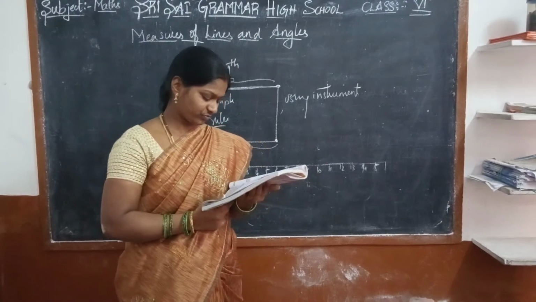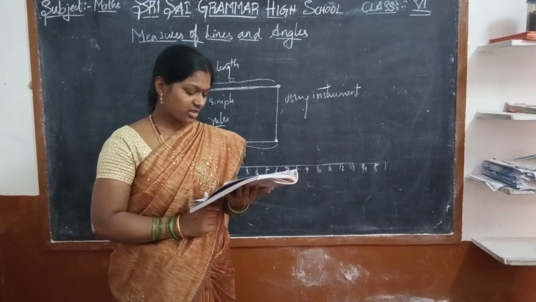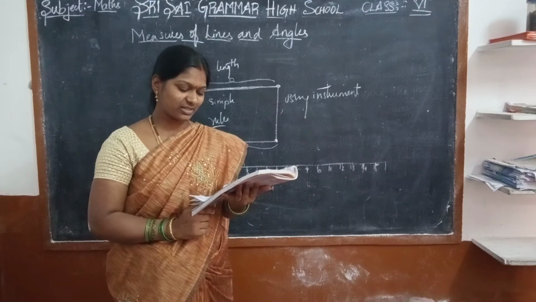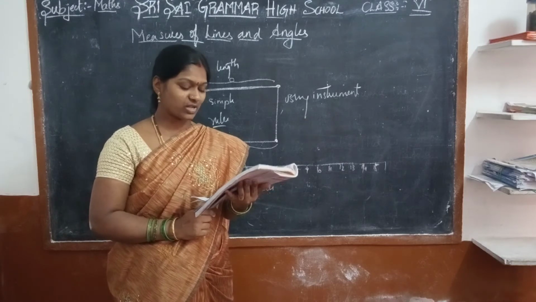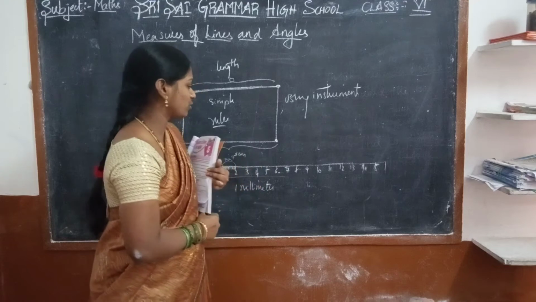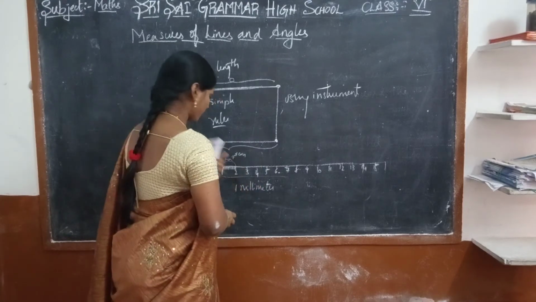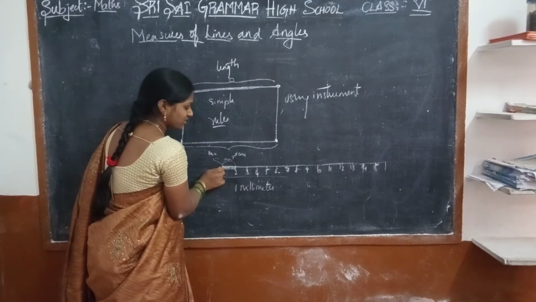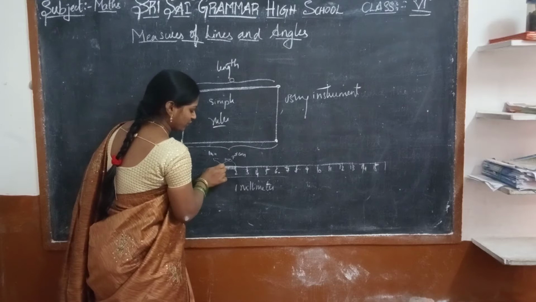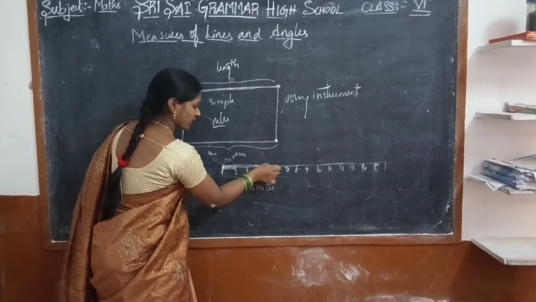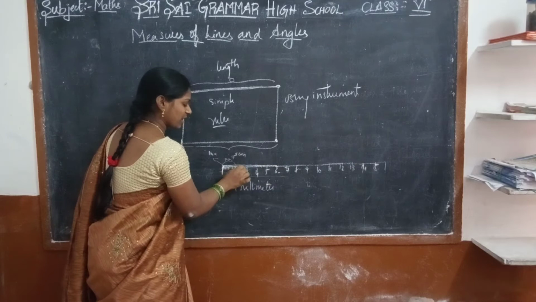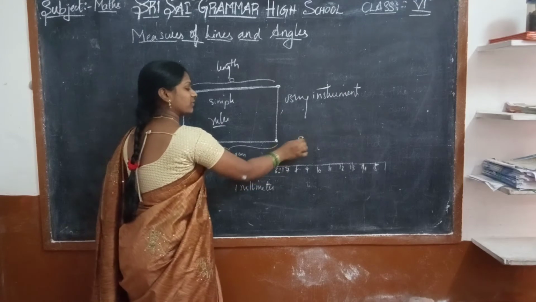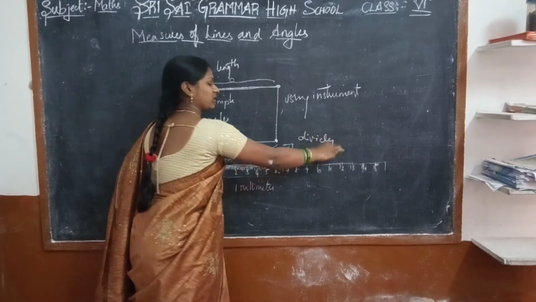Now, yes, to avoid an error due to angular viewing while measuring the length of a line segment, a better way is to use a divider. For example, we are going to take 6 units. So when you take the point from here to here, exactly the points are divided. So to view easily, we are using a divider. Yes, divider.